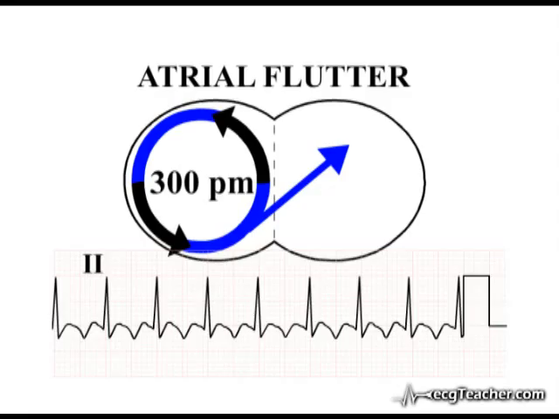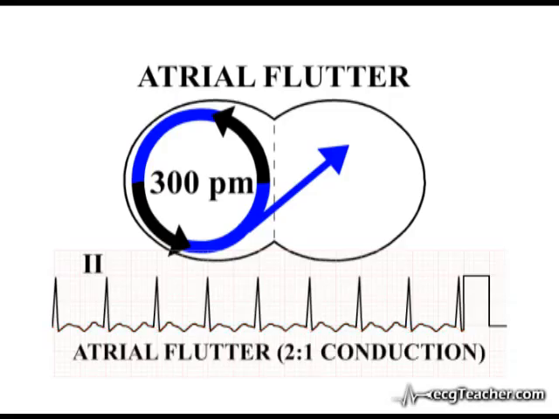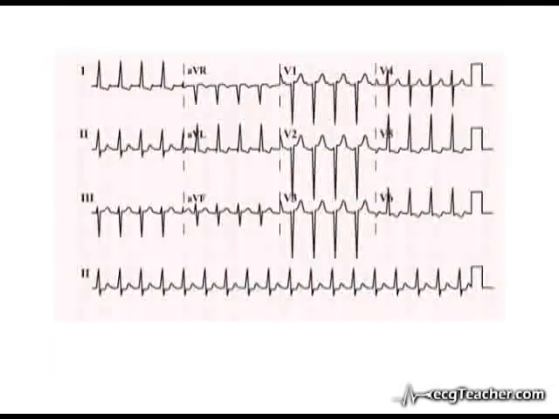The diagnosis may be particularly difficult when, as is often the case, the flutter waves are of low amplitude. Yet even here, the pattern can be identified by the practiced eye. This is atrial flutter with 2-to-1 conduction. This ECG emphasizes the importance of a high index of suspicion in the diagnosis of atrial flutter. The ECG is taken from a patient with a long history of poorly controlled hypertension, who presented with marked hypoxia secondary to bronchopneumonia.